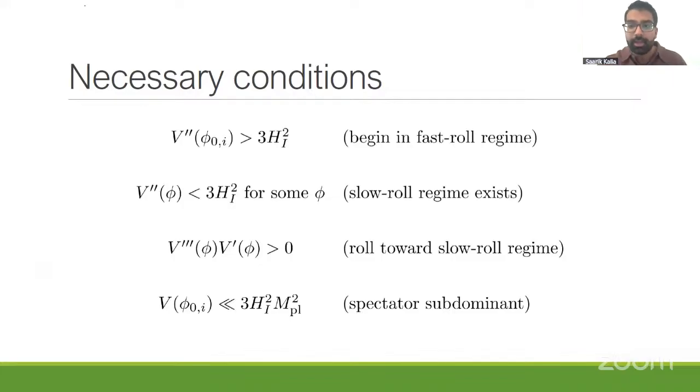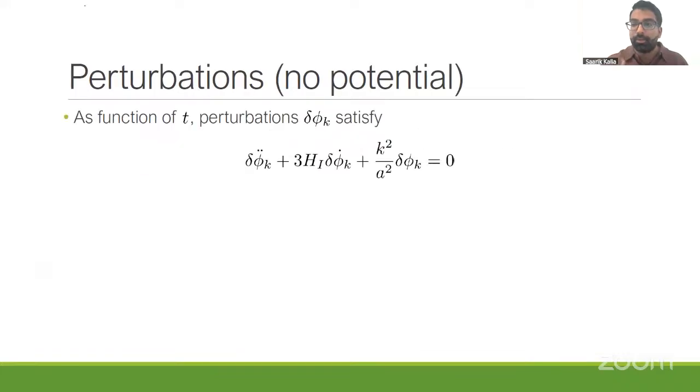Okay, if not, then I will move on to talking about what the perturbations are doing. So now I want to track these perturbations, del phi k. And for starters, for simplicity, let me forget about the potential. The story we're going to find of how the perturbations behave without a potential is exactly the same story that you would find for the inflaton, but it might be instructive to just review it really quickly.